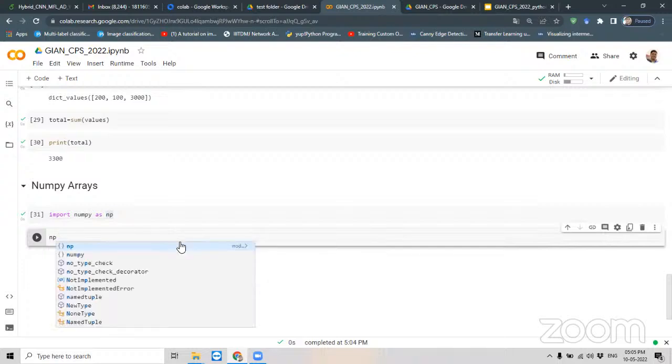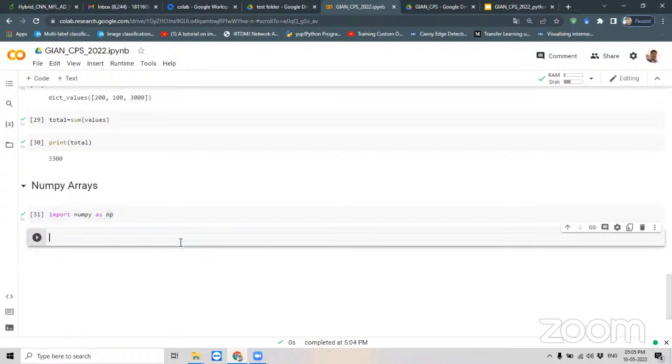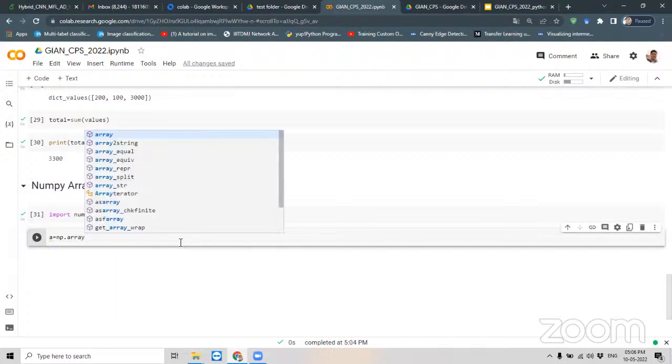Okay. Now, first thing is, suppose I am creating a NumPy array. So let A equal to NP dot array. So I am telling that, yeah, I'm going to create an